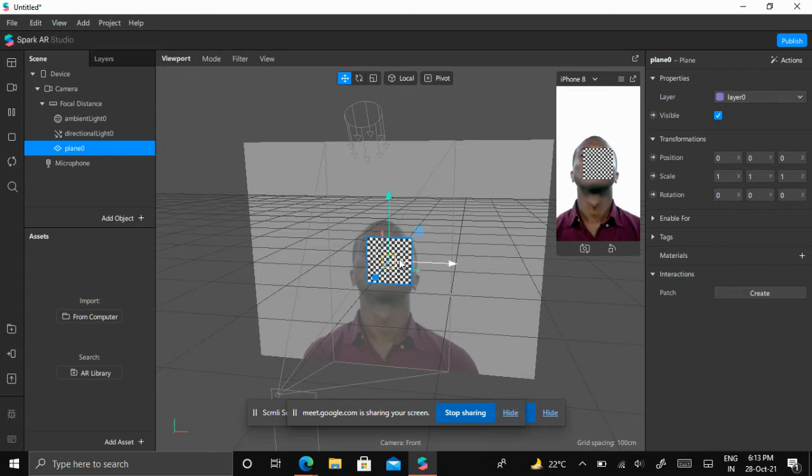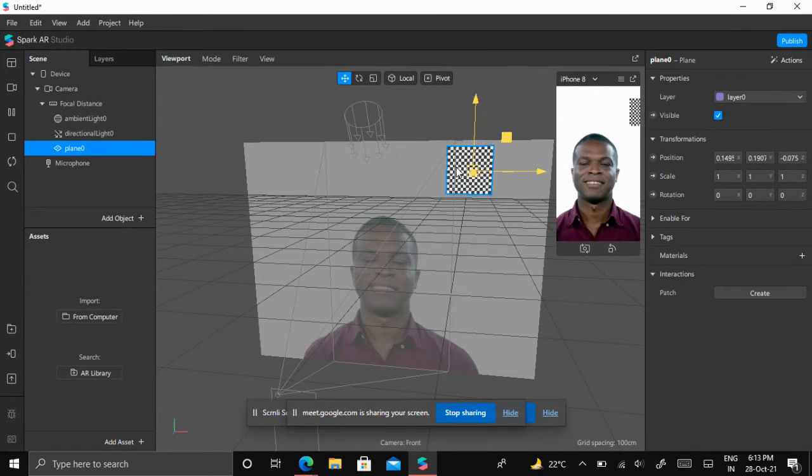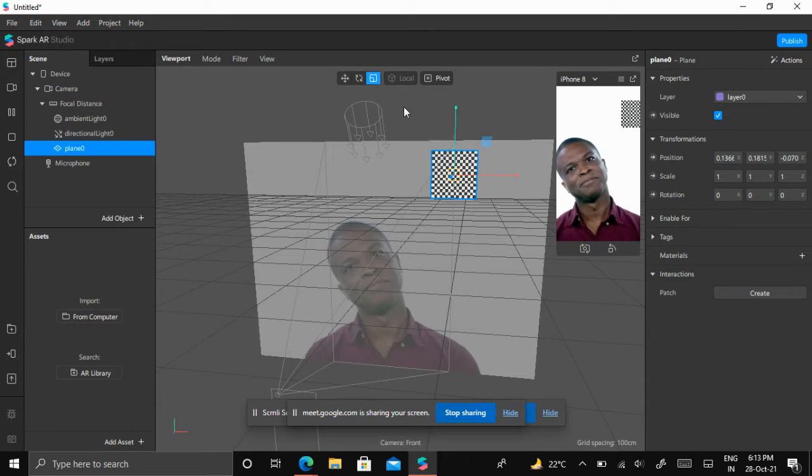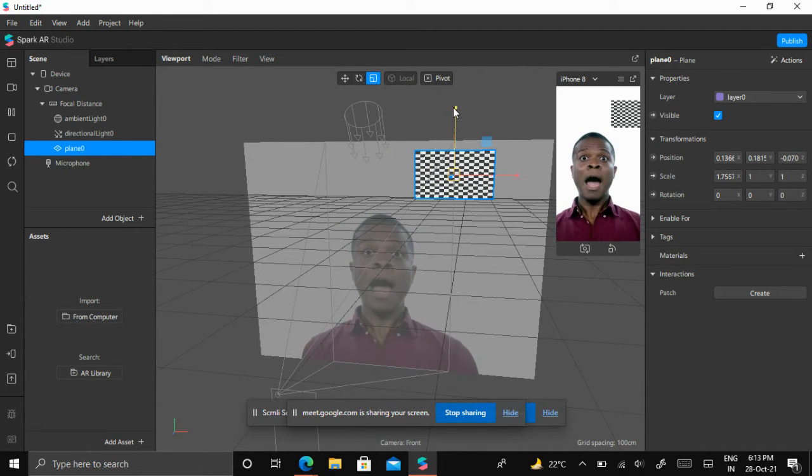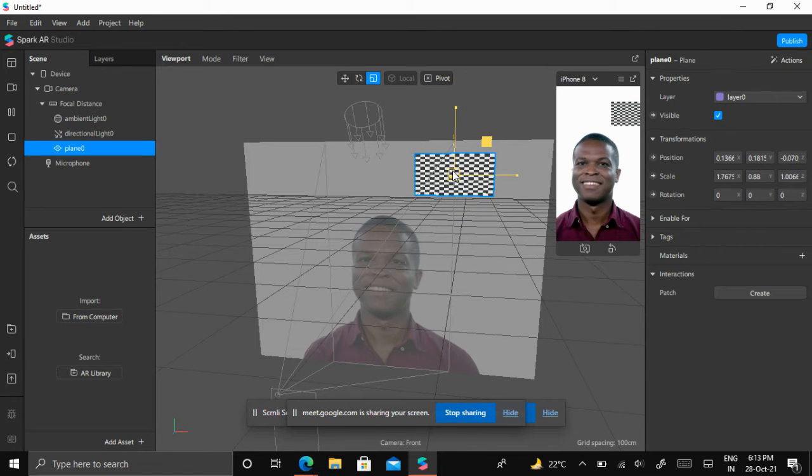Can you see this? The plane is in the center, and we don't want it like this. We want to create something like a spark here. So we click on the plane and adjust it. We can also change the position of this plane, increasing the length and the height. It's just like an XYZ plane. We have three different planes, XYZ, and this is for the rotation.